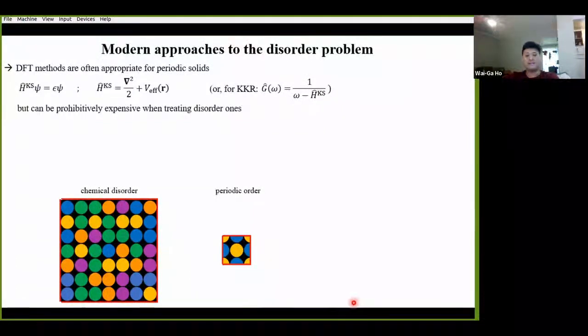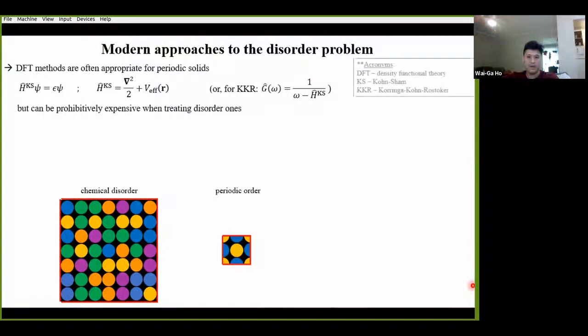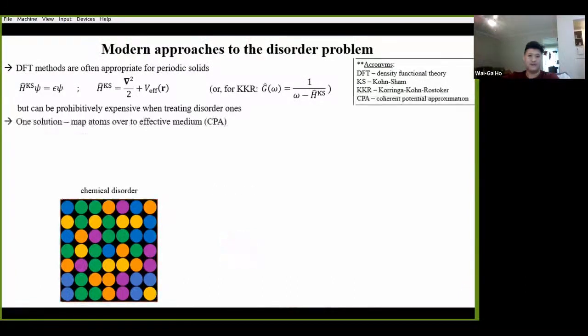Now, these implementation issues aren't exactly new, though, and people have had some time to think about things and make various efforts in recent decades to try and circumvent such issues. And today, there are a number of options available for realistic modeling of disorder, made at various levels of approximation, accuracy, and computational affordability. Of these, the first that we'll mention is the effective medium approach that follows the coherent potential approximation, or CPA.